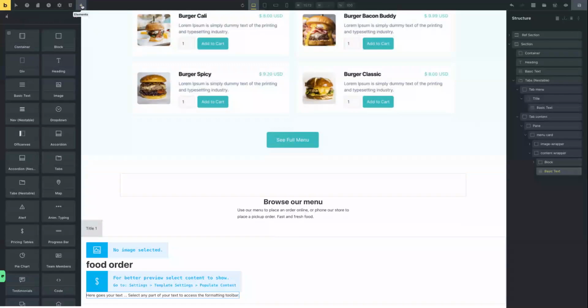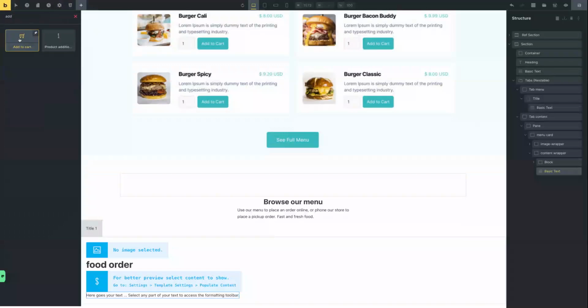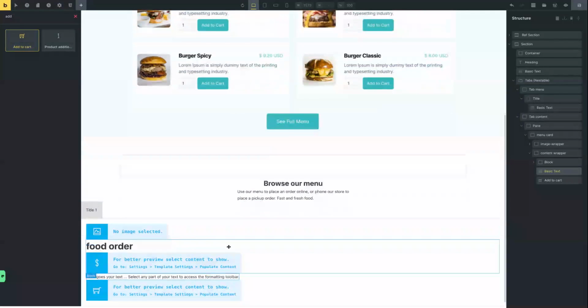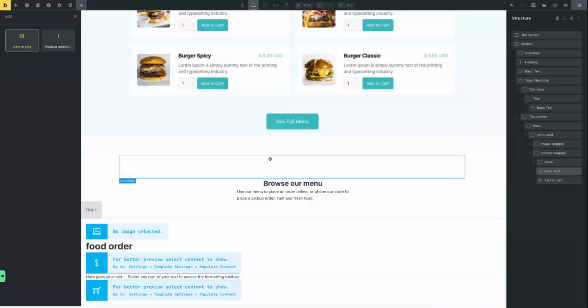So let's just do a search for that, an add to cart element. That's a WooCommerce thing there. So that is all of the elements actually now in, I believe, apart from, we'll do that button afterwards. That's the elements for this. Let's start